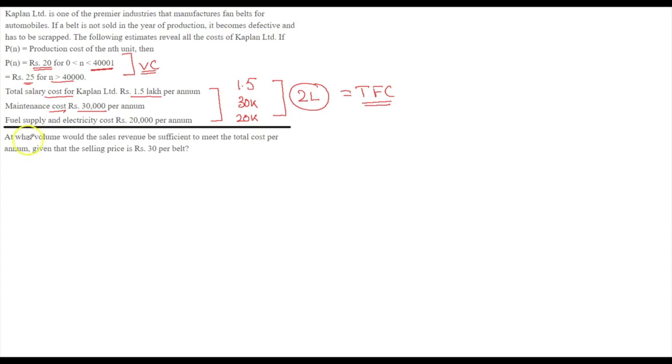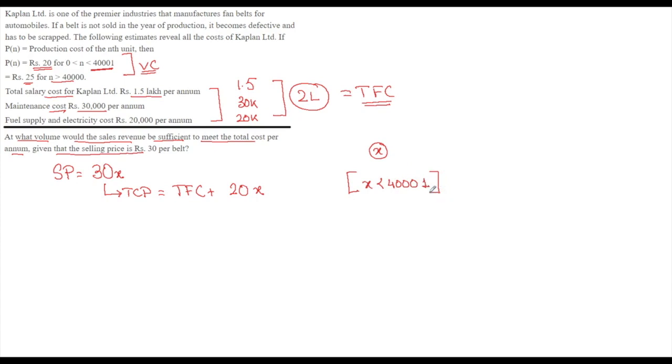Now in this question, it is asked at what volume would the sales revenue be sufficient to meet the total cost per annum, given that the sale price for each unit is rupees 30. So let me assume that I have sold X units of belts. So what is my total selling price? It would be equal to 30 into X. Now this total selling price should be equal to the total cost, that includes my total fixed cost plus the variable cost per item, that is 20 into X,